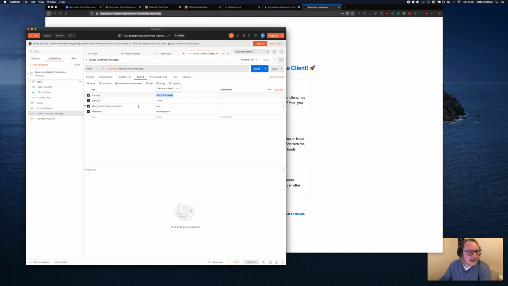This synchronous consensus makes sure that we wait for consensus to happen, i.e. a full transaction. This takes 3 to 5 seconds, which actually is really quick for any blockchain or DLT technology. And finally, reference. We're going to go more in depth about this later, but it allows you to connect internal